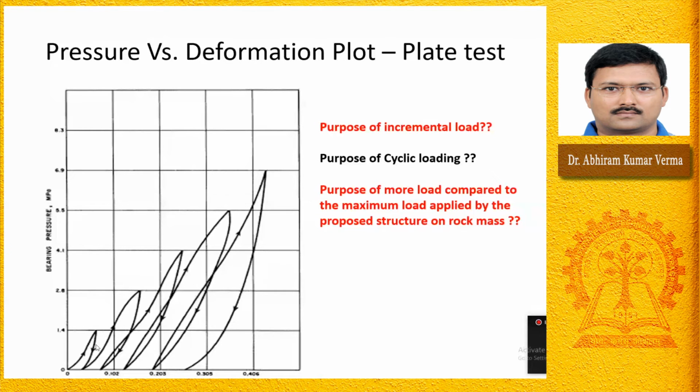If it were an elastic material, this would not be the path. The path would be the same, so the loading and unloading would remain the same. But because this material is rock mass having a lot of joints, some unloading will take place, and some permanent deformation will be added to the system. Similarly, again we go for twice this cycle, so we are loading up to 2.8 megapascal, and then it comes down at the same rate.